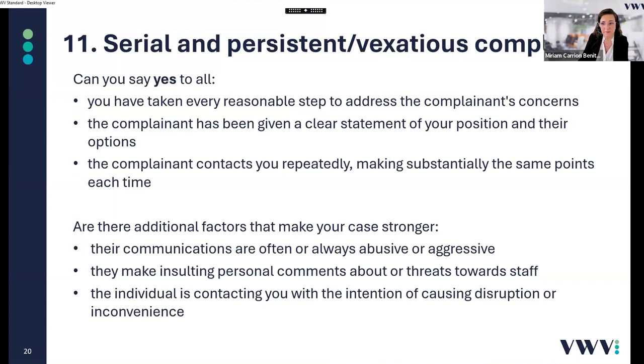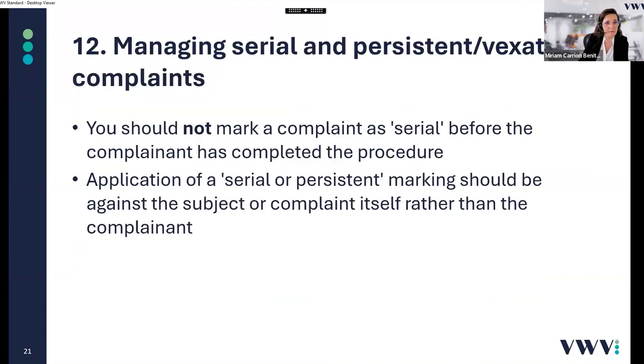Next slide, please. So in terms of managing those complaints, you should not mark a complaint serial before the complainant has completed the procedure. And the application of a serial or persistent marking should be used against the subject of the complaint rather than the complainant. So it is complaint-based and not person-based. In the next slide, we'll look at how we can deal with managing